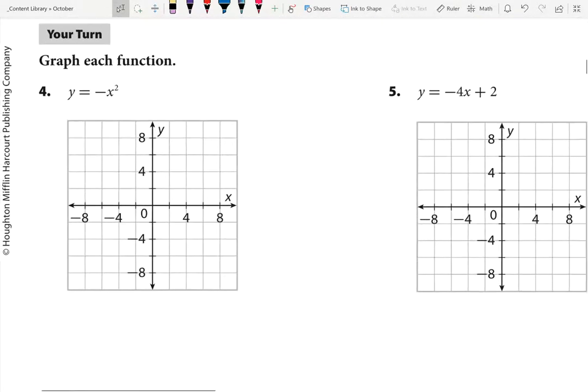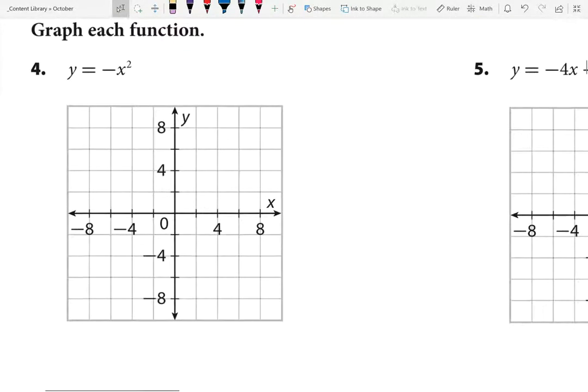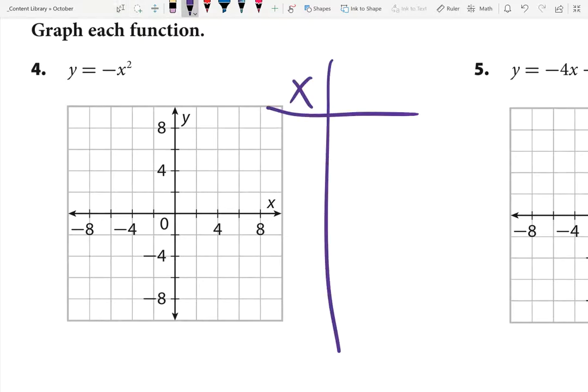Okay, so now let's graph this function. So let's do this all completely on our own. Here's how we would do it on our homework. Here's how we would do it on a quiz or anything like that. So we have a function y equals -x squared. So what we're going to do is we're going to pick x values to plug in. We're going to just pick any one that we want, but let's try to pick one that will fit on this graph. Obviously, it wouldn't make sense to try and pick 50 because 50 won't fit on the graph. But let's pick some numbers that will fit on the graph,